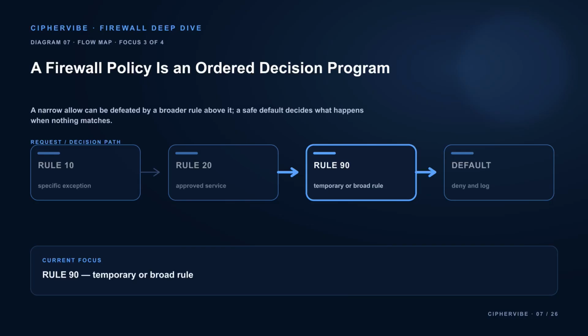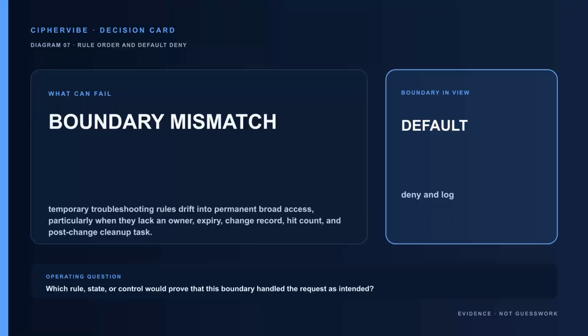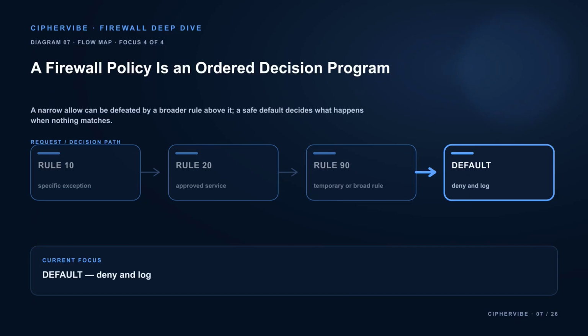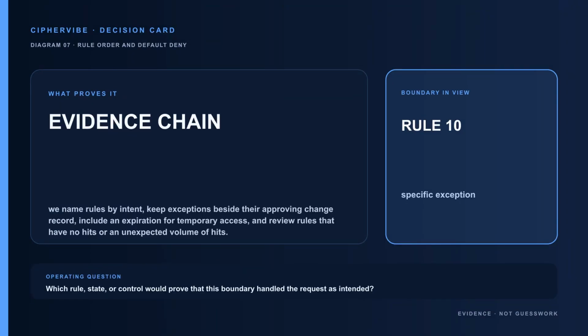A default deny posture means traffic is not allowed unless a reviewed rule allows it. It does not mean users should be left without an explanation or a safe request process. Mechanically, the firewall compares traffic to rules in the configured evaluation order. The first matching rule or the highest priority decision defines the disposition, then the platform may log and count the